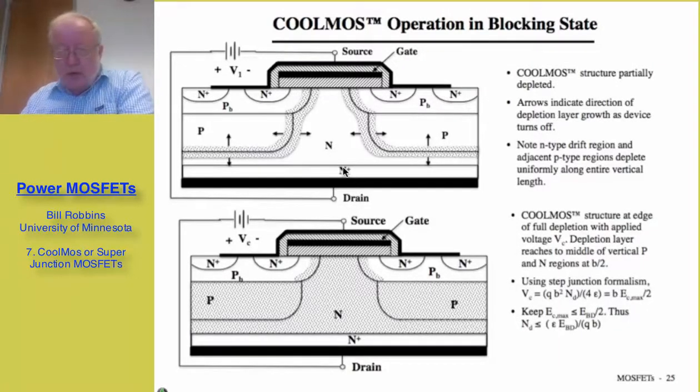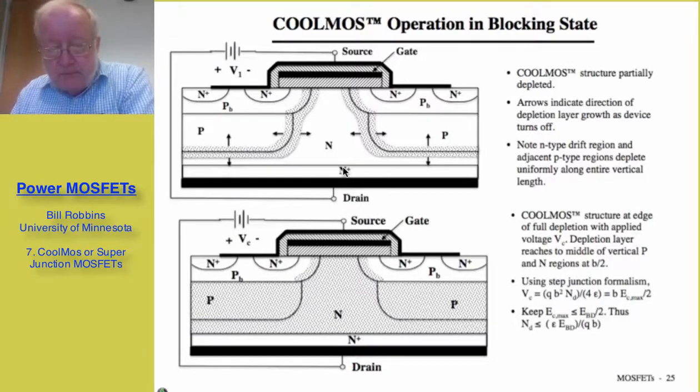Here I'm showing the COOLMOS in the blocking state, where I have essentially zero gate to source voltage, and I'm gradually increasing the voltage between the drain and source. Initially, we have a depletion region between the body region and the drain that's fairly thin, as indicated by the shaded area here. But as I increase the drain to source voltage, then that depletion region begins to grow in the directions indicated, and in particular along the vertical side of this pillar, the growth of the depletion region is